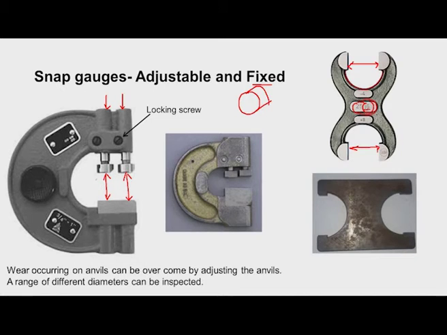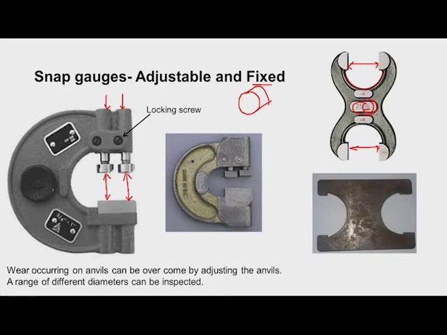After fixing the sizes using slip gauges, we have to lock these two anvils by locking these screws, and then all these screws are waxed so that unauthorized adjustments are not done. Somebody may take these gauges and unscrew these screws and adjust them.